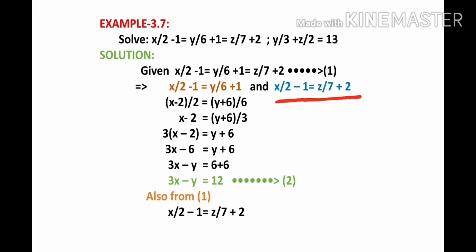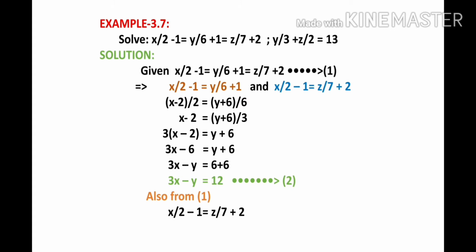Now, this is not in the form of an equation, so we have to write this in the form of an equation, that is, in the linear form ax + by + c = 0, or ax + by = c, whatever it may be. So simplify this. What do you get?